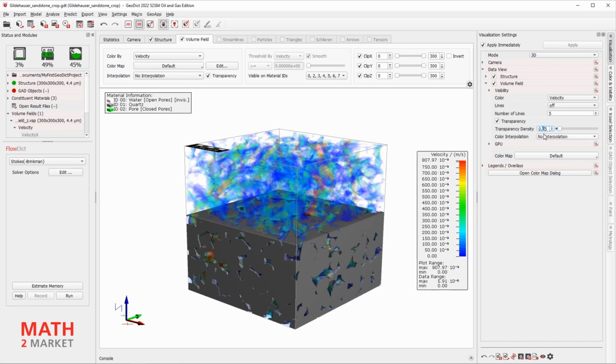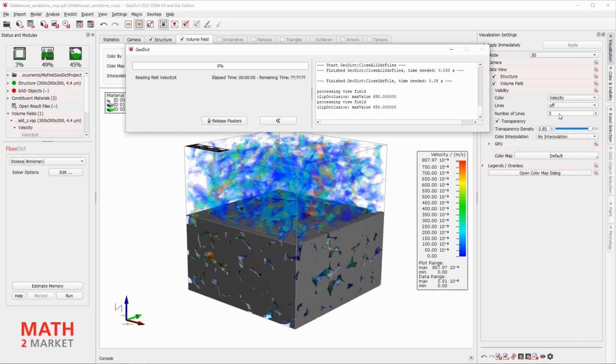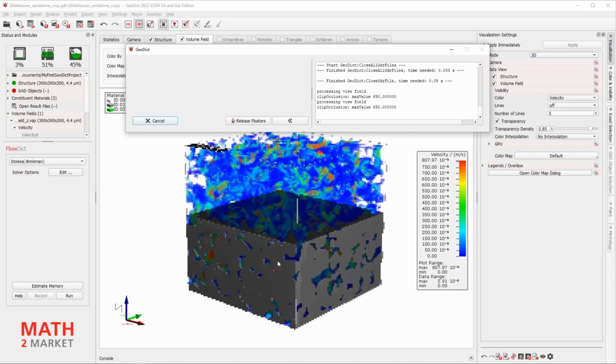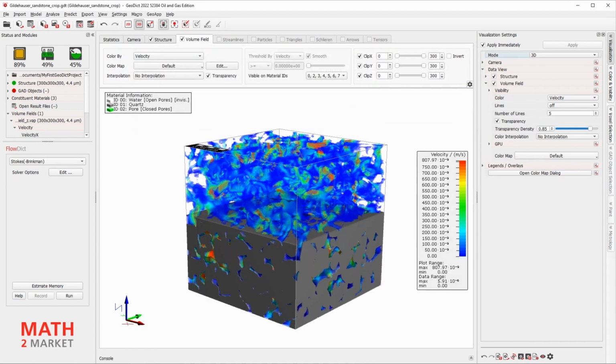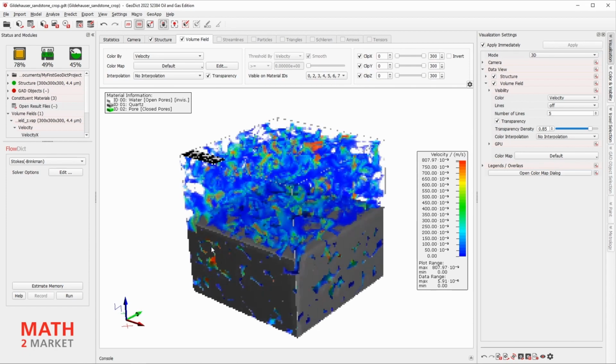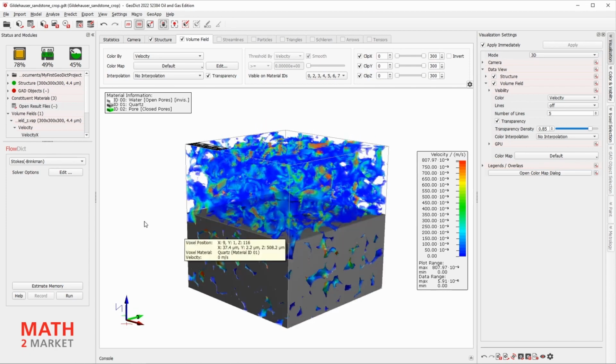Set the transparency density to 0.85. Just play around with these values to get the best impression of the flow field.